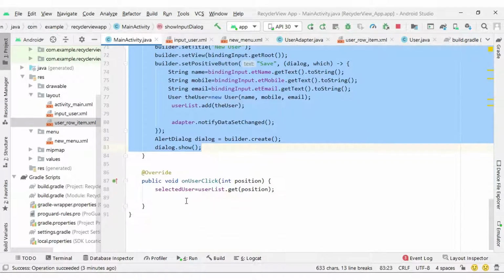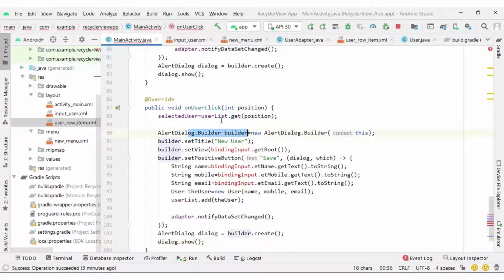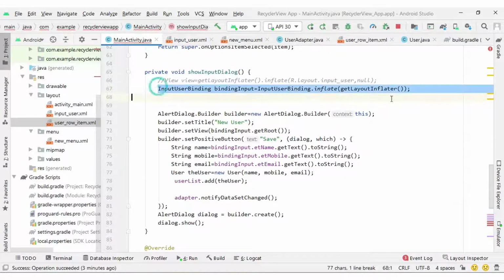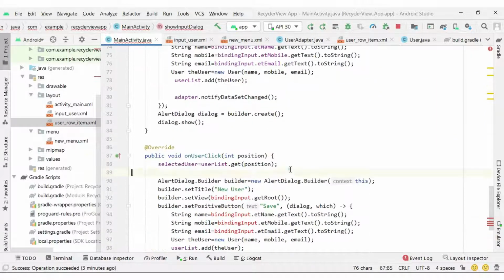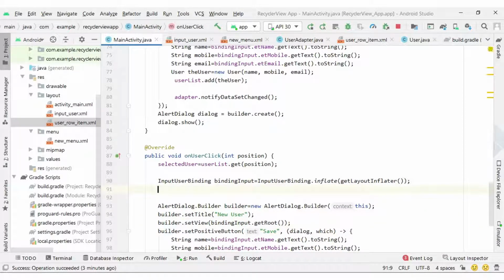So you can see the code I am repeating here. The alert dialog builder we created, and here we have the binding instance, and we will display the user details in the binding instance.